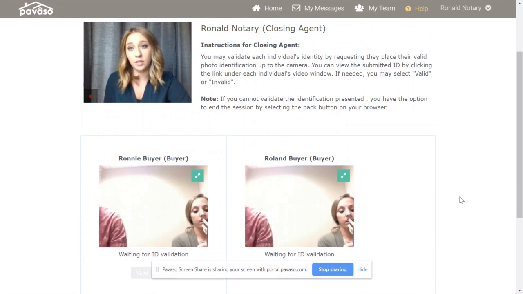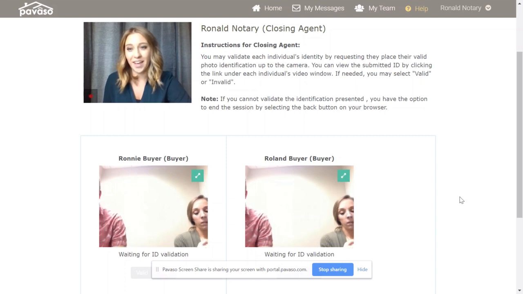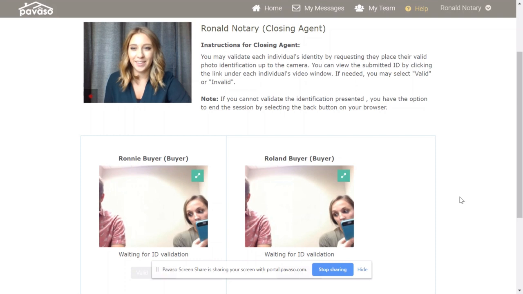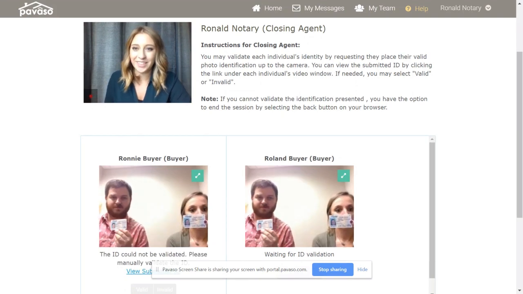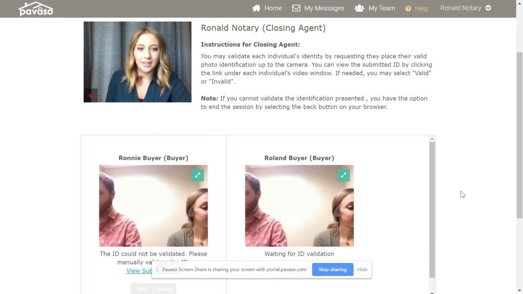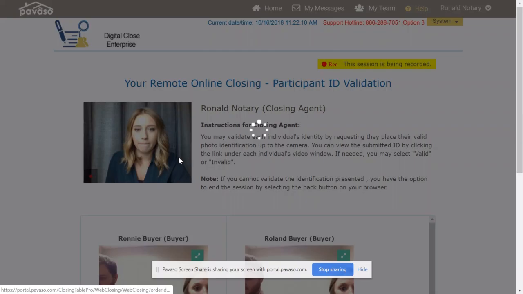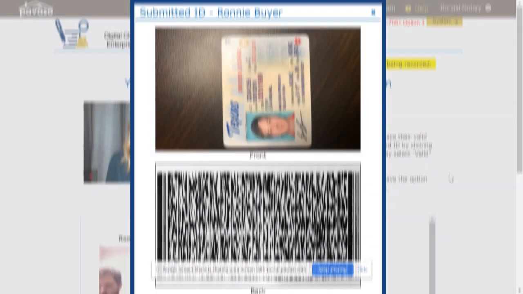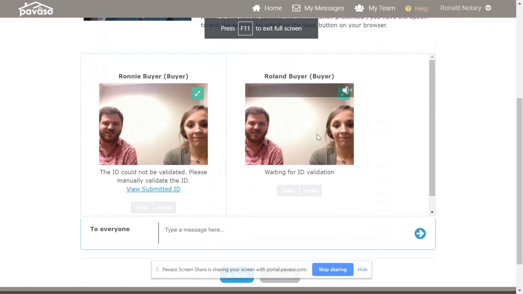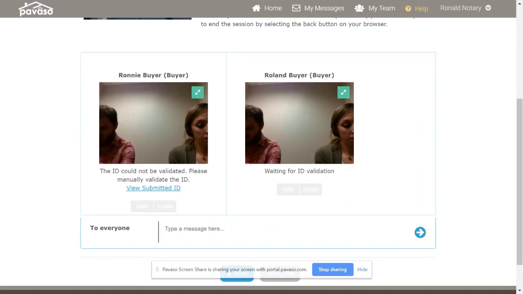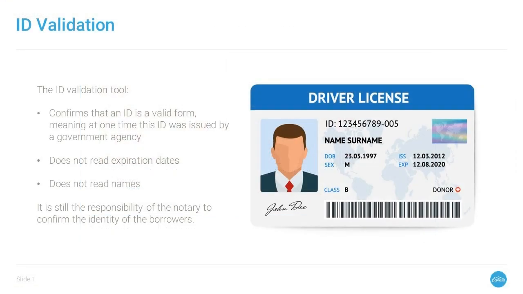their ID. It's also important that you are visually verifying the identification for each borrower. If for whatever reason an ID cannot be validated, you can select Manual Validation. This will allow you to view the ID that was submitted via the borrower's cell phone. The ID validation tool is here to prove that an ID is valid. It is still your responsibility to confirm the identity of the individual and that it matches the information presented on